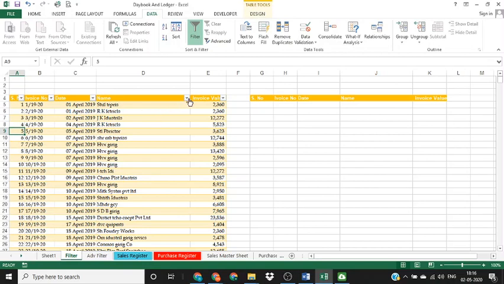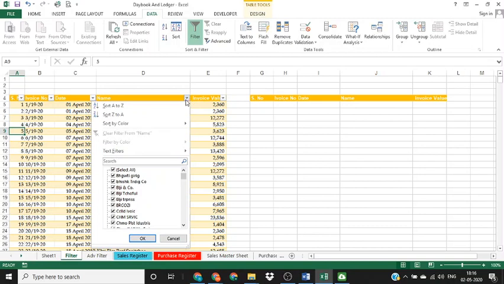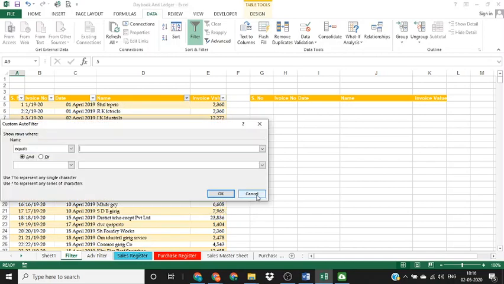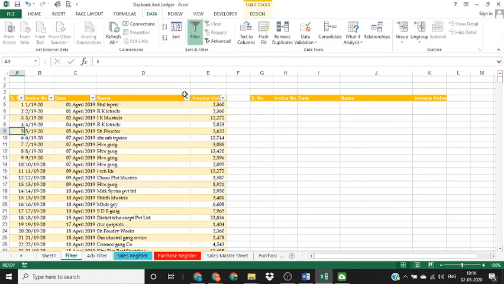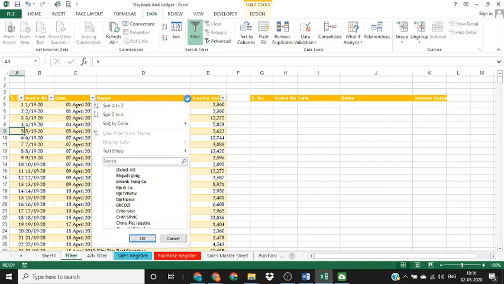Now we'll look at the options available for text data, that is in the name column. You can sort the data alphabetically. You can sort and filter the data by color. Then there are text filters with options like equals, contains, does not contain, begins with, and again there are custom filters. At times a requirement is a bit too complex, where you want to look for data having names with particular wordings in them, starting with, ending with, or in between a particular phrase.